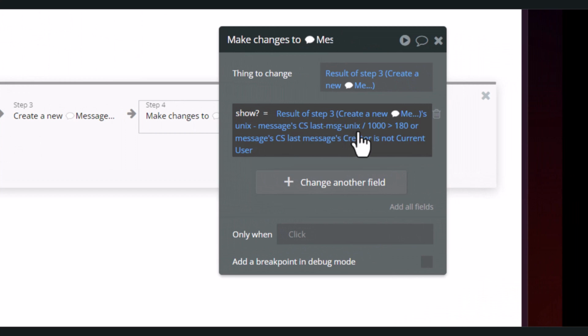Guys, I said before that the Unix value will be in milliseconds originally, but we want to have it in seconds. So to convert milliseconds to seconds, we divide by 1000. Now we are saying if it is greater than 180, like I said at the beginning of the tutorial, I'm using 3 minutes as my own time value. So if 3 minutes has passed, create a new group. So 3 minutes is equal to 180 seconds. So if it is greater than 180, or